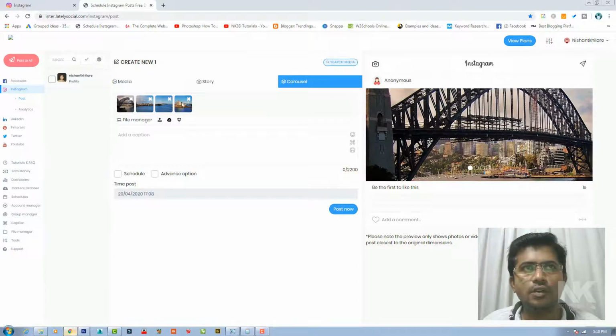So these are the 4 images which we have created using the slice tool in Photoshop. After that, for publishing these images, we have to first click here and then click on the post now option.